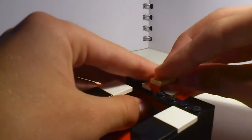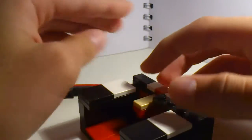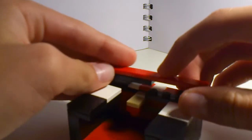Yes. So when you put this here, and then you put this down,